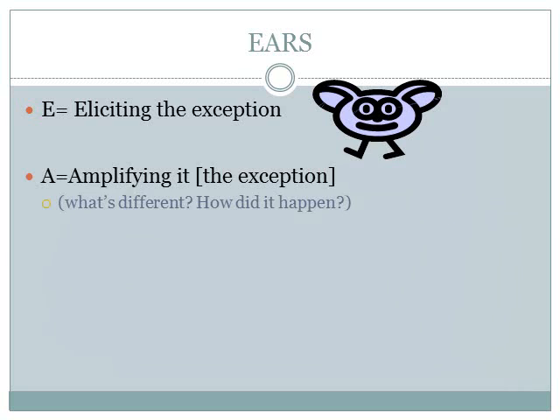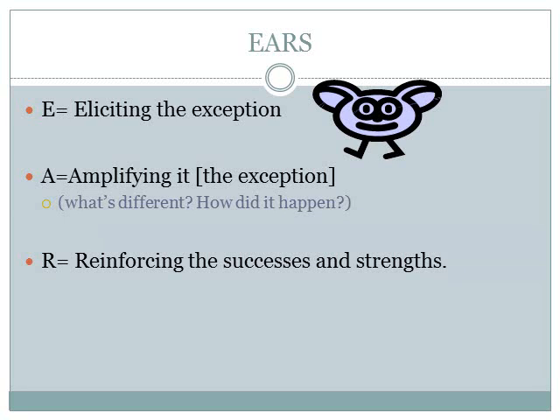So elicit what those exceptions may be, and then once we find out what they are, we amplify it. We say, well, what's different, or how did that happen? How did he make that happen? Those are the things that we want to amplify and really bring to the forefront so our clients can realize, wow, I really did make that happen. That is kind of a neat thing, isn't it? So we amplify it. R is reinforcing those successes and strengths,